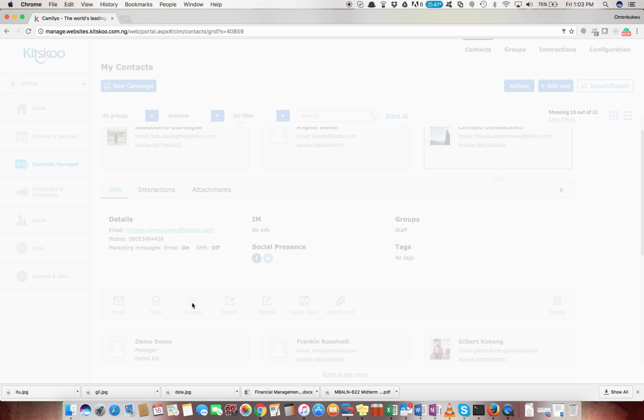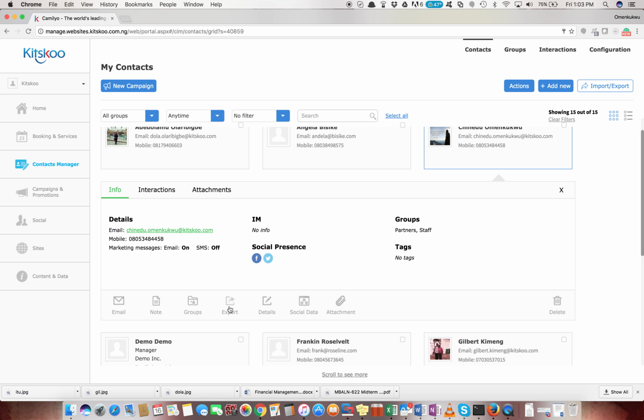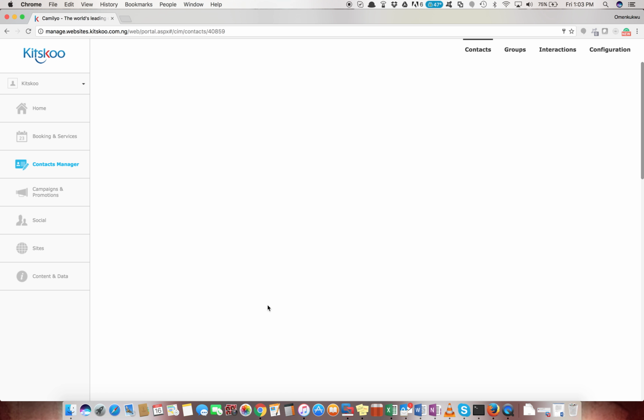I could move him from group to group. Right now he is a staff, but maybe I wanted to add him to the partners group also. To save that there, we could export this card, and you have a CSV there waiting for you. You could check the details,